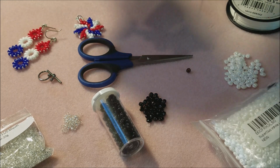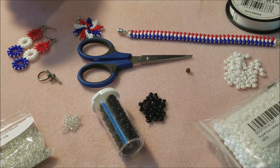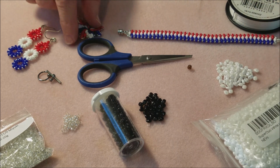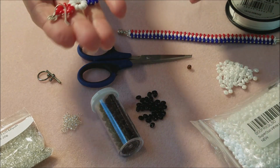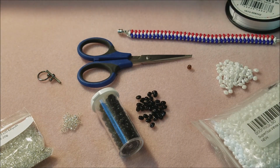So today we're going to be doing the bracelet, but I'm going to change it up a little bit. I'm going to be doing it in two colors, white and black. And then in future videos, I'll be doing the earrings and the pendant. So keep a lookout for those. But today